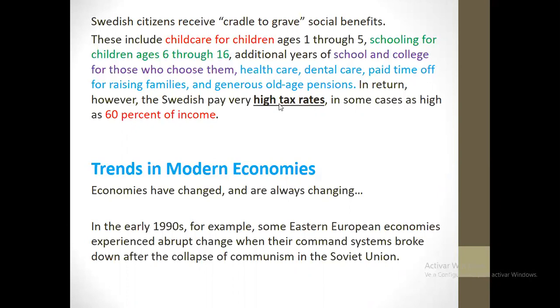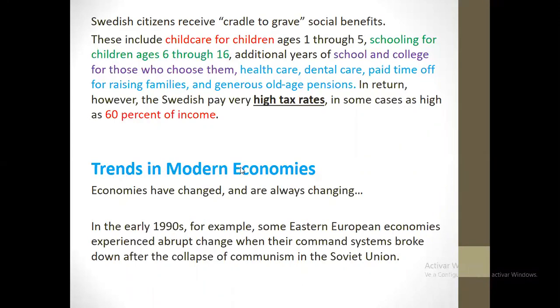Ellos pagan un alto impuesto sobre la renta. El impuesto sobre la renta de ellos puede ir tan alto como 60%. Eso quiere decir que si yo tengo un salario de $1,000, de esos $1,000 tengo que pagarle el 60% al Estado para poder yo recibir todos estos beneficios que les mencioné. Yo le tengo que pagar al Estado $600 y yo solamente voy a recibir de mi cheque $400 para comprar mi comida y para lo demás, la luz, teléfono, lo que sea. Pero lo demás ya está cubierto. Por supuesto, si tú no tienes familia, no es muy beneficioso. ¿Ya? Muy bien, let's move on, guys.